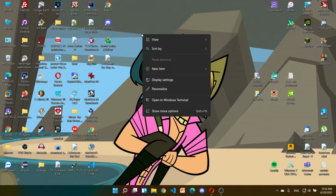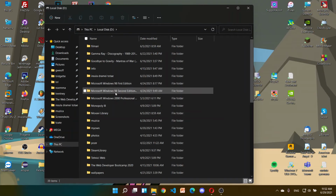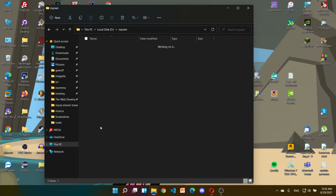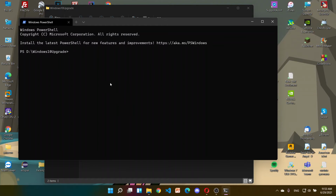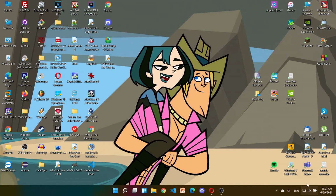What else can I show you? We have here open in Windows Terminal, which is something pretty amazing. So let's open this in terminal, and here it is. Amazing. It's perfect. It looks quite a bit like Linux, except that it's much better than Linux,